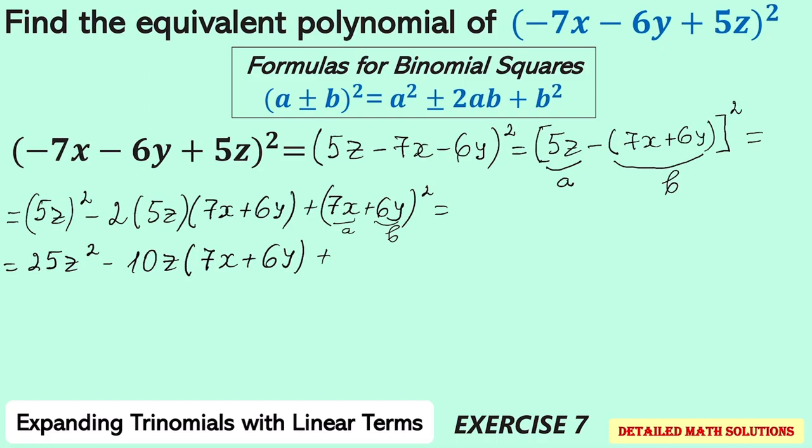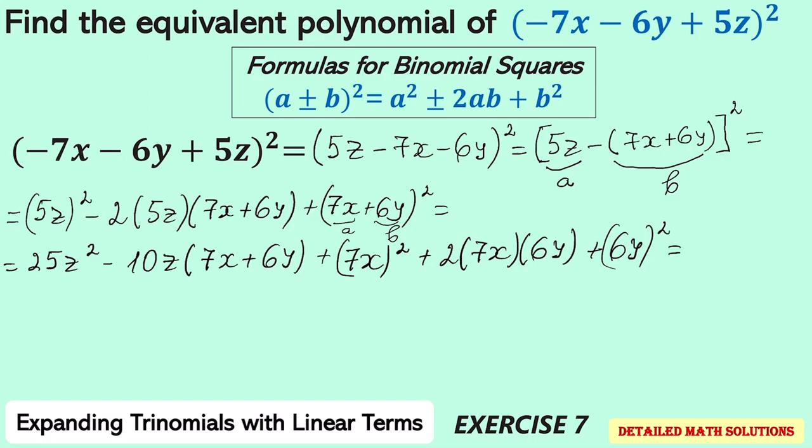And when I apply the formula, I get 7x in parentheses squared plus 2 times 7x multiplied by 6y plus 6y in parentheses squared. And when I continue simplifying further, I get